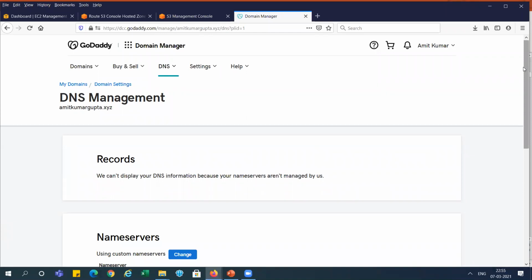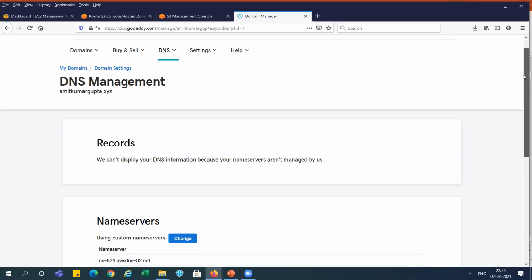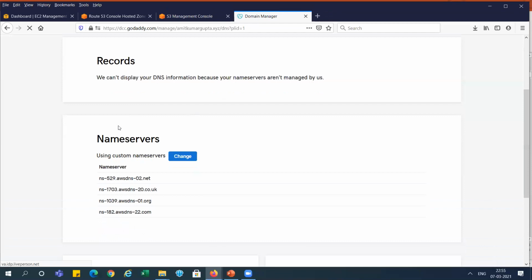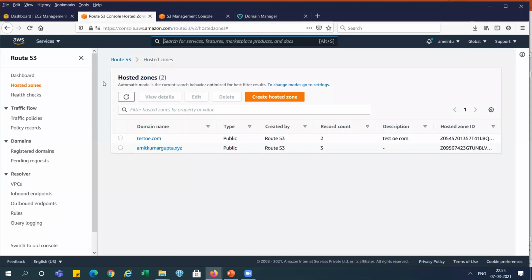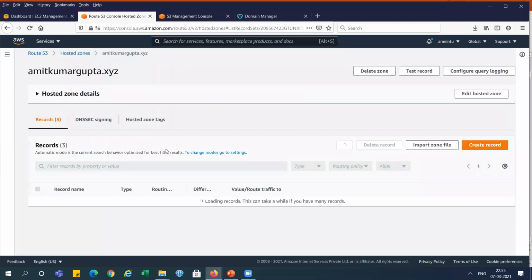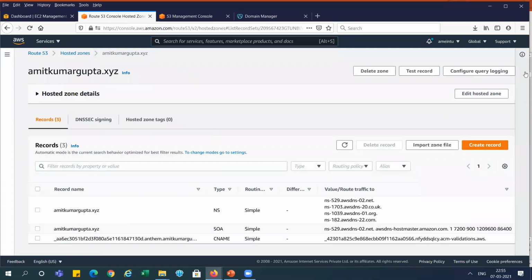So first, after purchasing that domain, you need to go to Manage DNS. You can see the name server section. You need to put some entries here. So what are those entries? I will show you. When you go to Route 53 and add your domain there, you will get 4 DNS names.